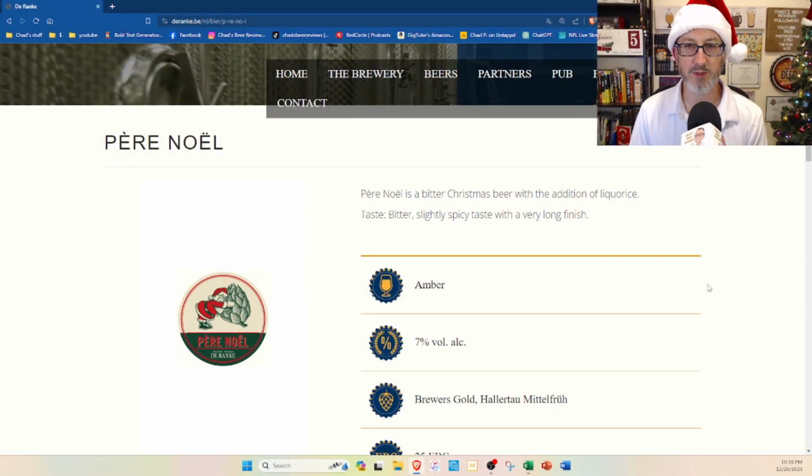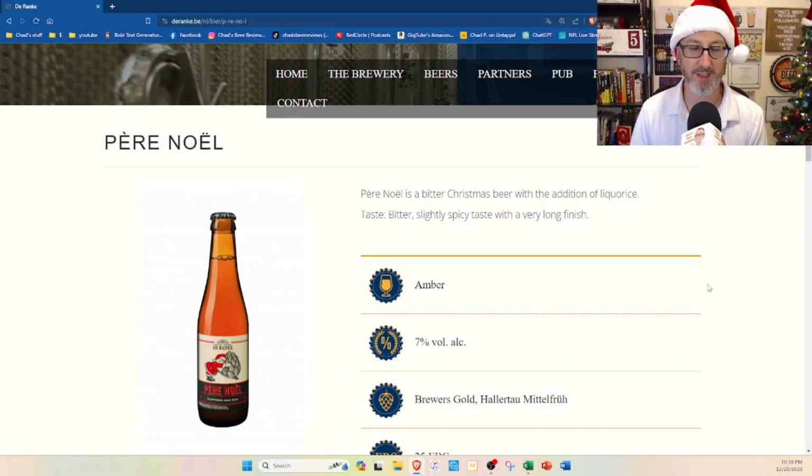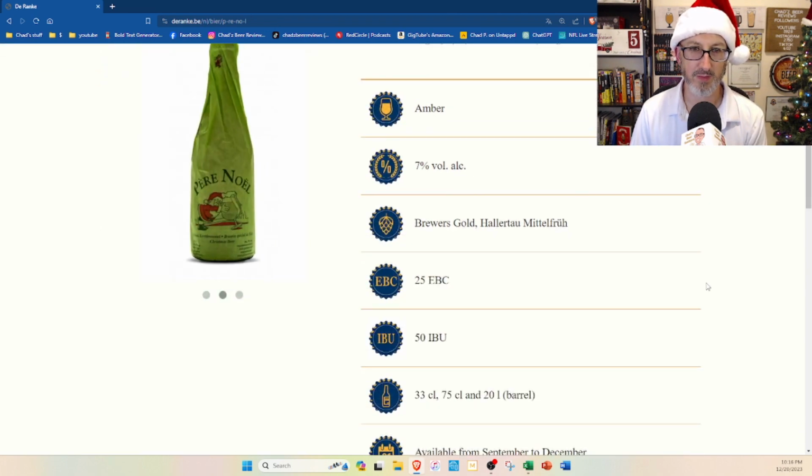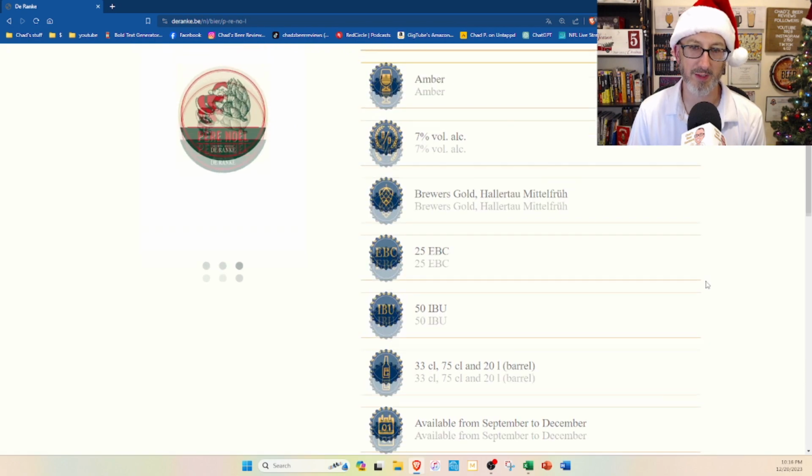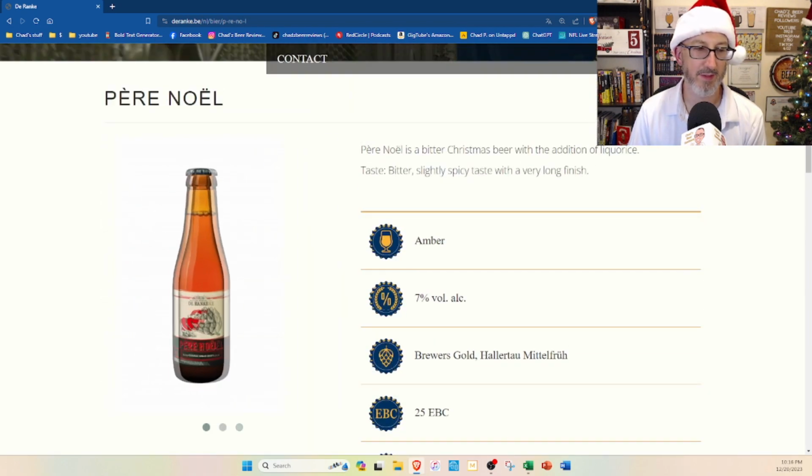They changed the label. Now it's a picture of Santa Claus hugging a hop. It used to be a picture of Santa Claus hugging the glass of beer. And I can bring up the brewer's website. Hang on a second here. Père Noël is a bitter Christmas beer with the addition of licorice. Tastes bitter, slightly spicy taste with a very long finish. So the hops, Brewers Gold, Hallertau, 50 IBU as well. It's actually pretty hoppy. I guess that's why there's a picture of Santa Claus on there. They don't mention the malts though. So anyway,